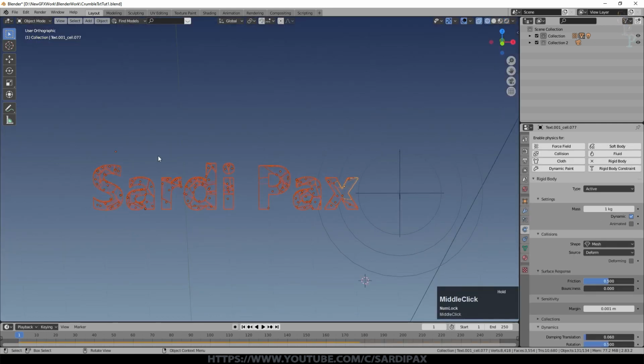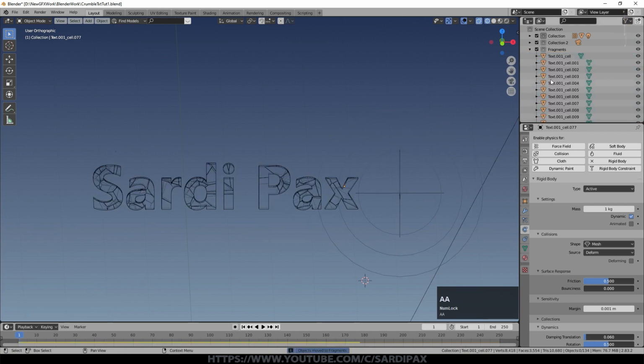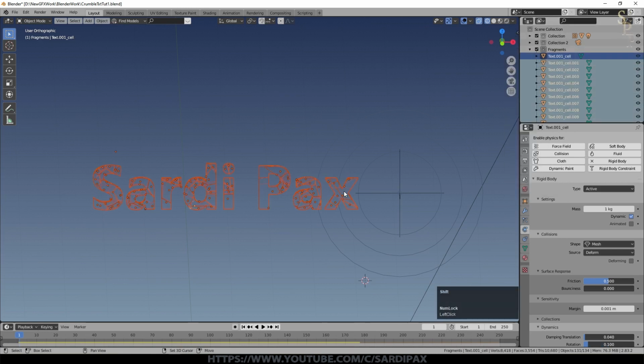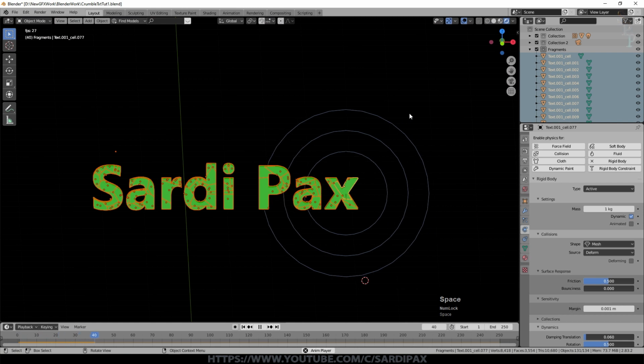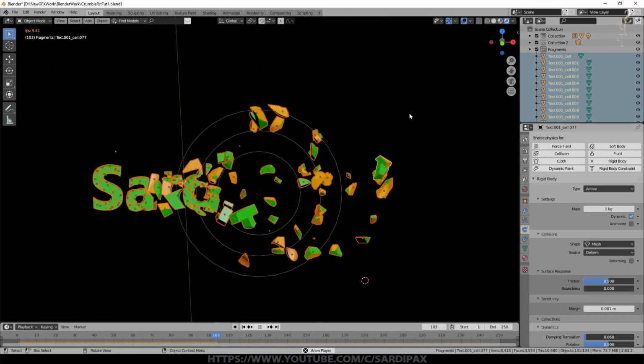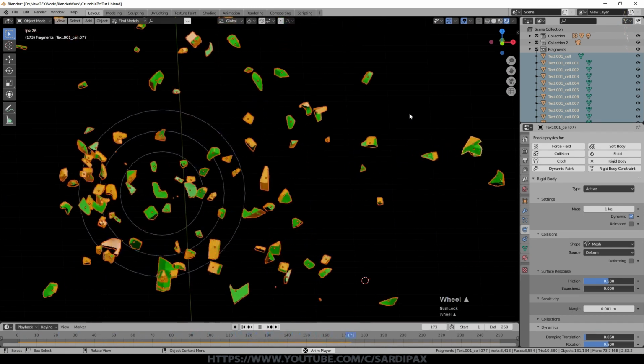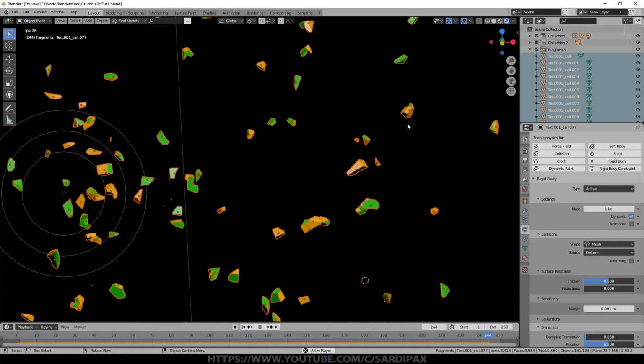If you're having to reselect meshes a lot like this, one of the ways to make it a bit easier is to actually put them in their own collection. So if I press M and say new collection, and you could say fragments. If I unselect everything now, you can just come up to here and you can say select objects. And just remember to select one particular object that you're then going to adjust. But don't forget to copy all your settings over. And really, that's all there is to it.